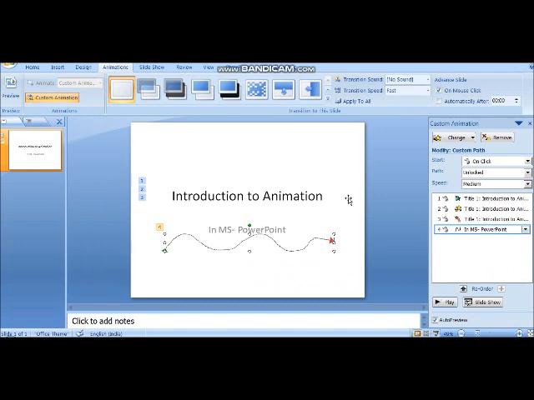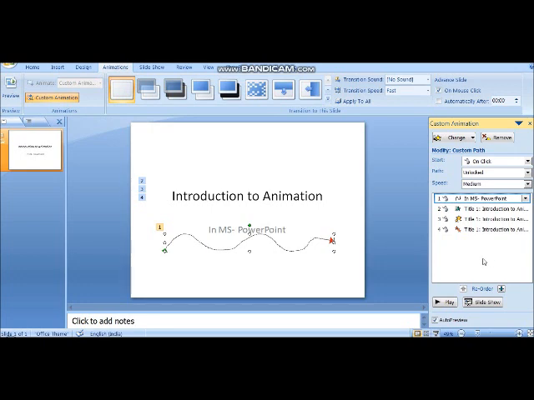Now if you have noticed, there are numbers 1, 2, 3, 4 for the types of animation applied on this text. You can reorder that. Suppose you want this to be number 1, so first this will be animated, then the next will be animated.